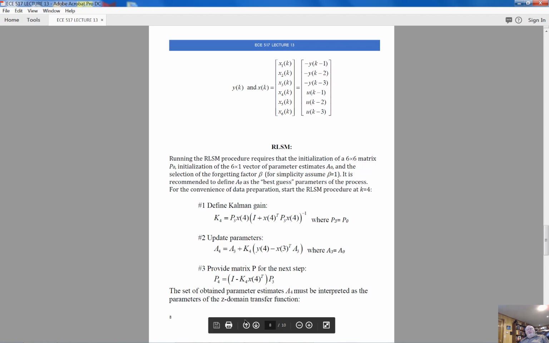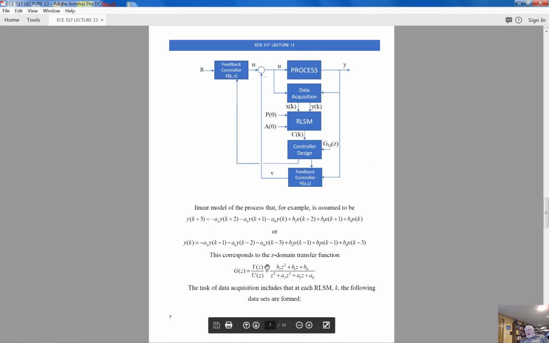So instead of working with values k plus 1, k plus 2, k plus 3, I would use values u(k minus 1), u(k minus 2), u(k minus 3). So one way or another, for our specific model, represented by a transfer function of this type, a third order z-domain transfer function, it looks like